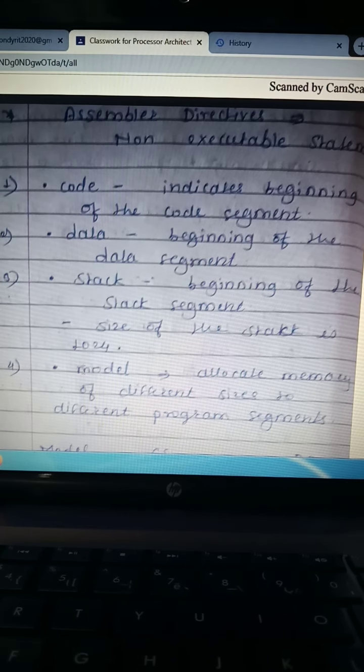The first is .code, which indicates the beginning of the code segment. The second is .data, which indicates the beginning of the data segment. And obviously the .stack directive is used to indicate the beginning of the stack segment, and the size of the stack is about 1024.